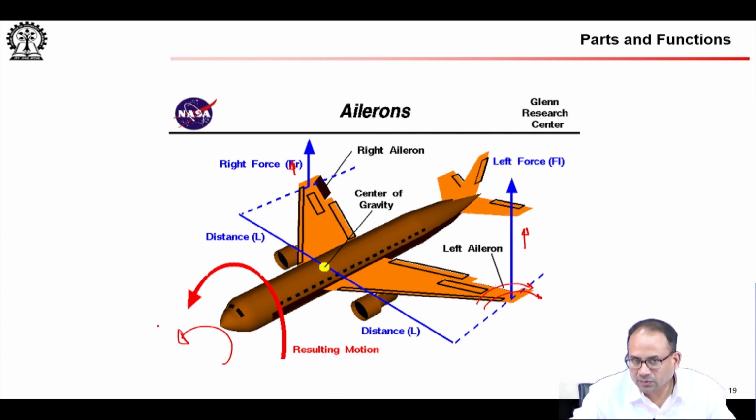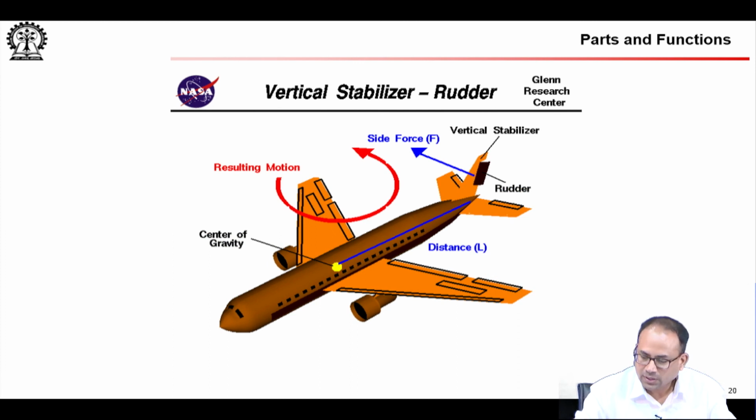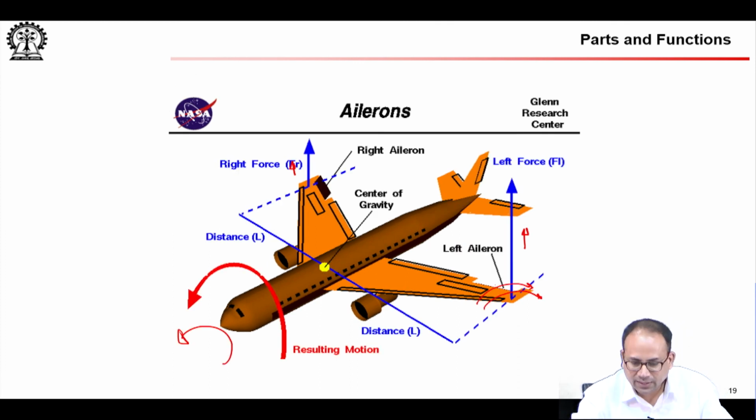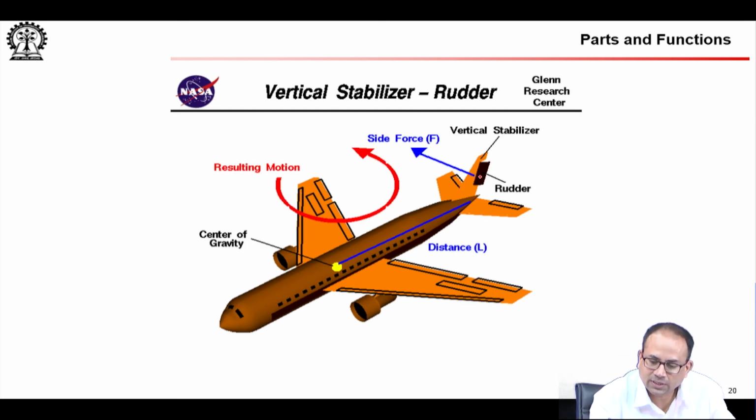When you have the rolling motion, you get a bank angle. If you take the component of the lift in the normal and the horizontal direction, you can see that you get a centripetal force. You can look up some book on flight mechanics, or I think even your Fundamentals of Aerodynamics has all these things. Here is the rudder deflection to the left with respect to the pilot. So, flow is going in this direction, so force is in that direction, and if you think of this as your CG, then using this as the moment arm, you can see that the resulting motion is one of yaw. Essentially this will change the heading of the aircraft.